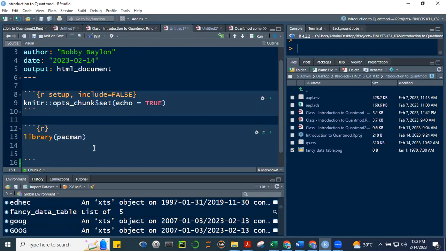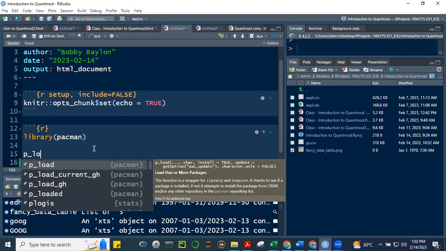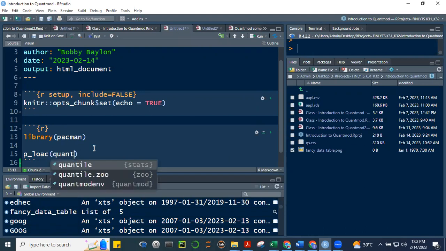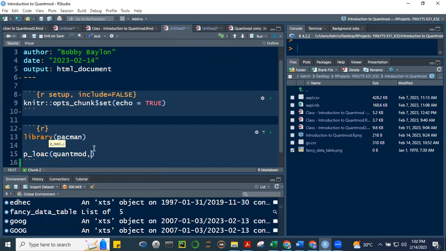Here, you just load pacman, and then we use p_load, and we write without the quotes the packages quantmod, and then PerformanceAnalytics, and then